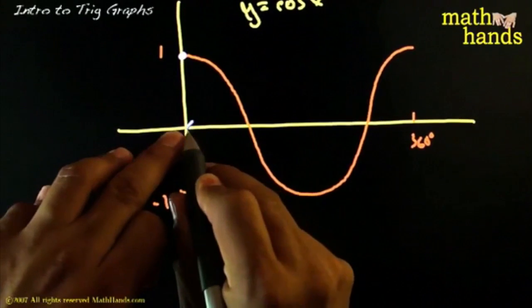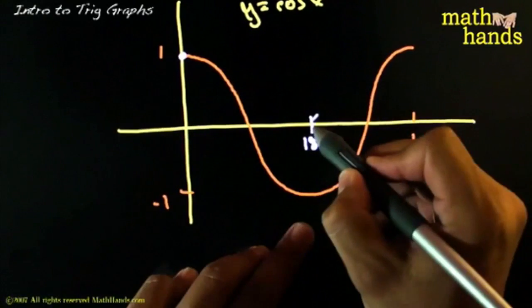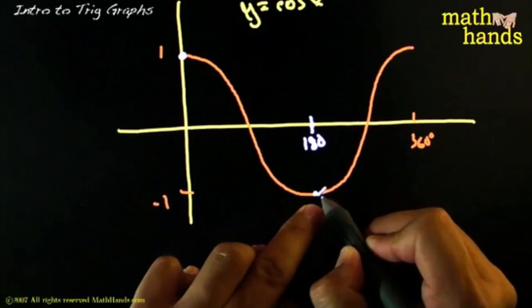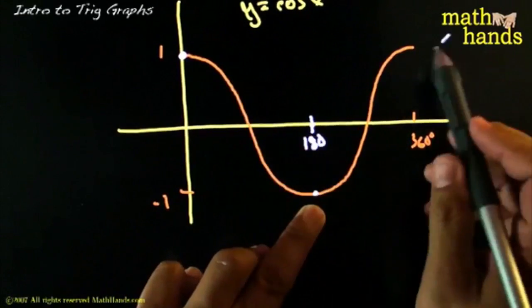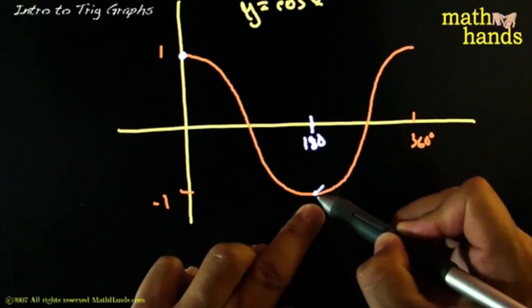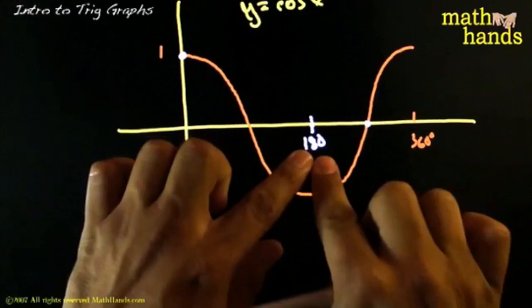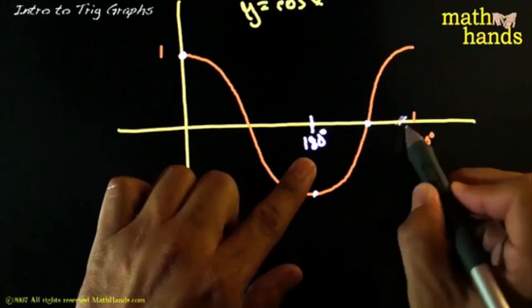The midpoint between 0 and 360 would be 180. Immediately, just by looking at 180, you should know what the cosine value is, so long as you become so familiar with the graph. What's cosine of 180? Quickly. Well, -1. This tells you something famous. Between 180, and sometimes I forget to put the degrees here,